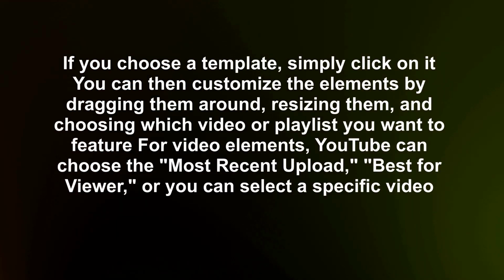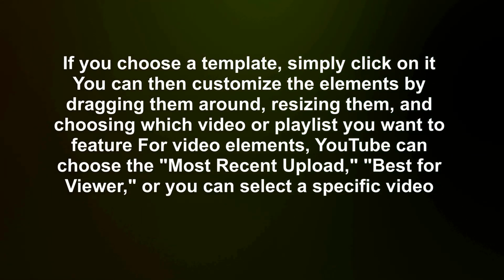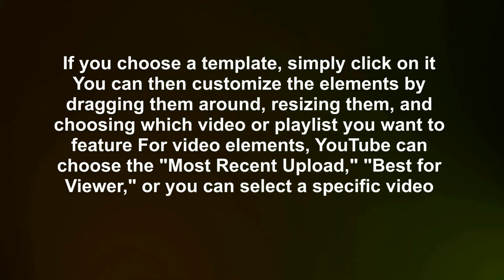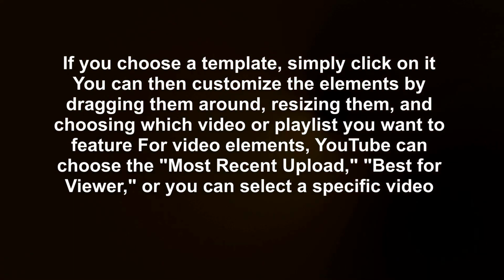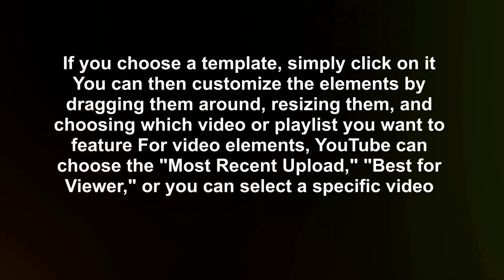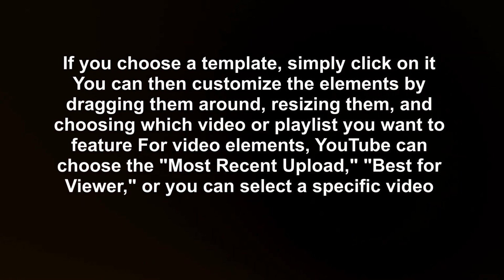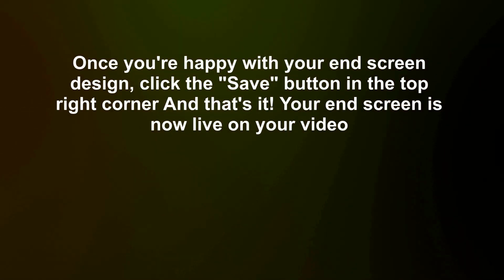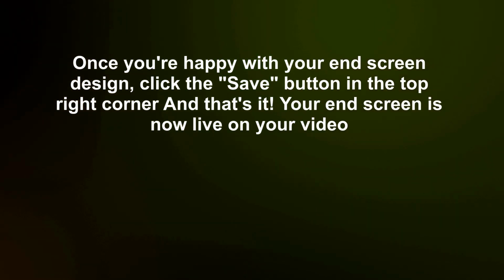If you choose a template, simply click on it. You can then customize the elements by dragging them around, resizing them, and choosing which video or playlist you want to feature. For video elements, YouTube can choose the most recent upload, best for viewer, or you can select a specific video. Once you're happy with your end screen design, click the Save button in the top right corner and